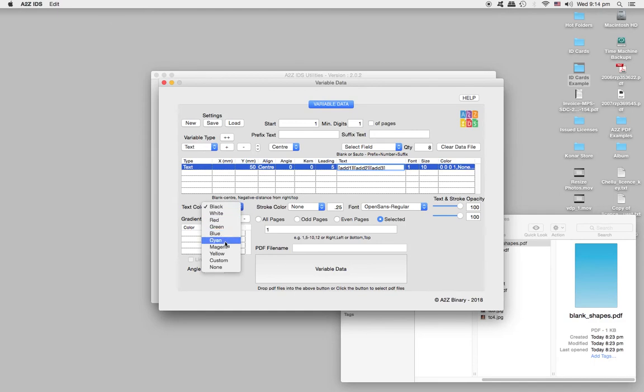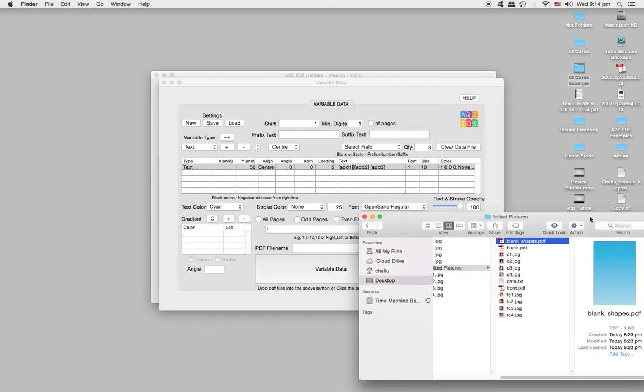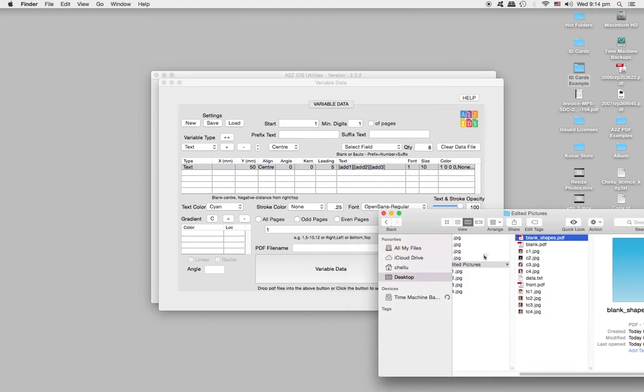Let's say you want it as cyan, put it as cyan, and then drag and drop the ID card blank into the variable data box. Since we want the back side as white, you could choose the blank ID card and put it in the variable data box,